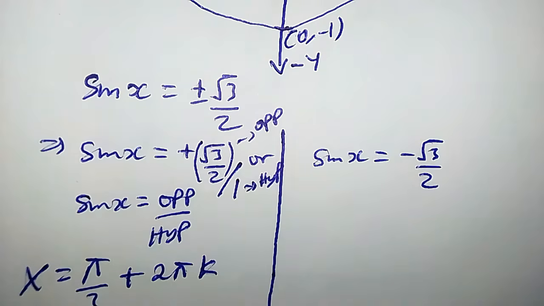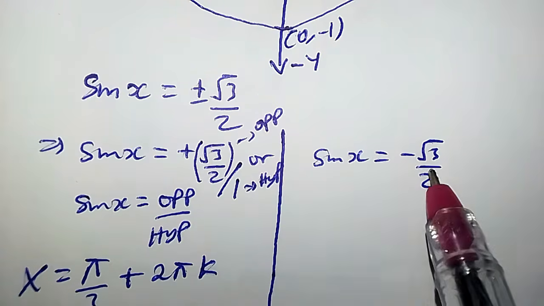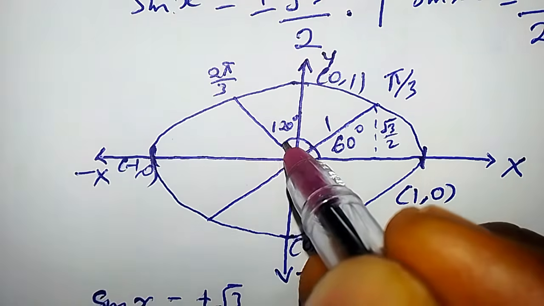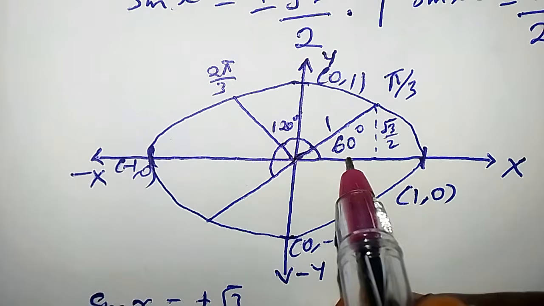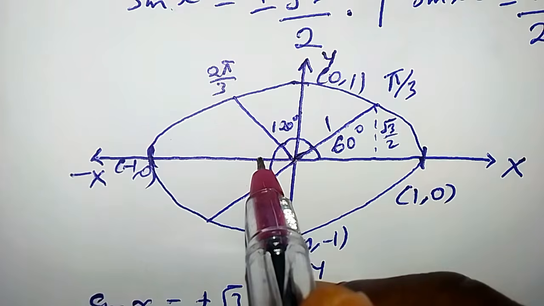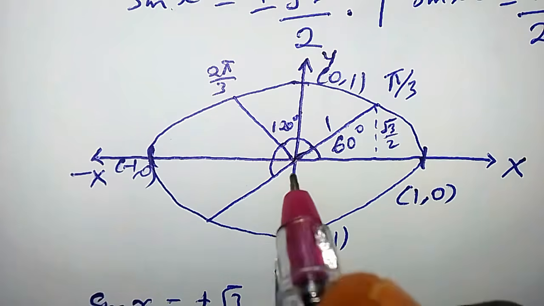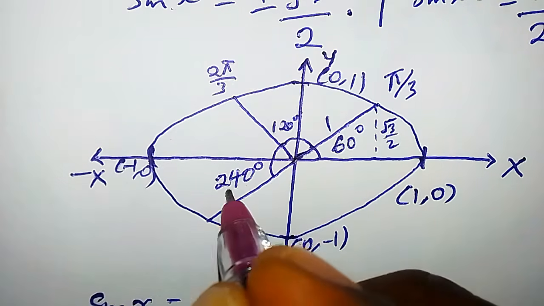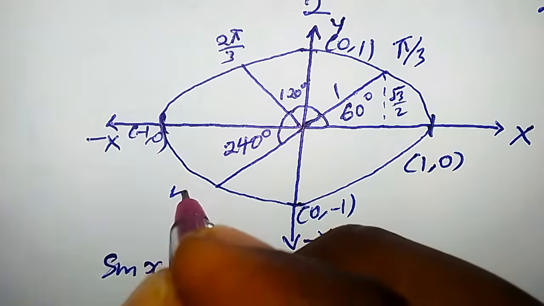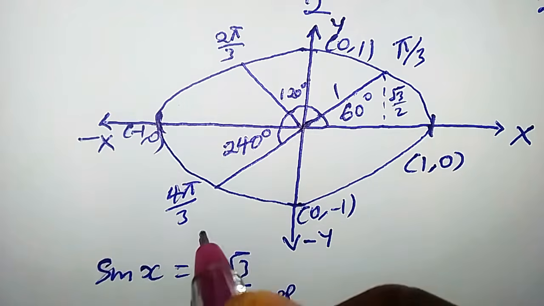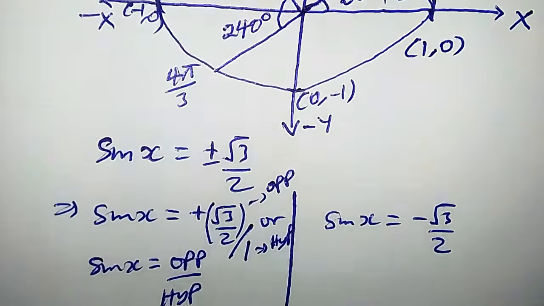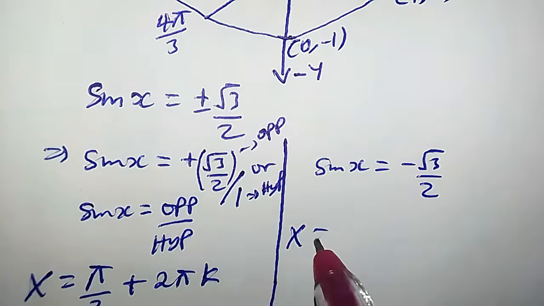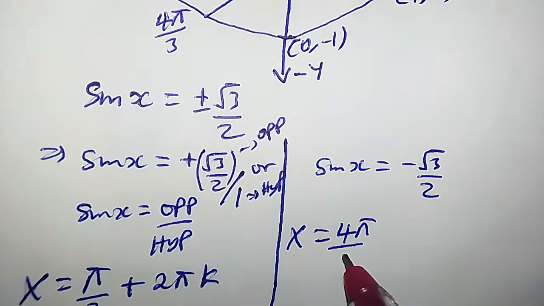Now let us consider when sin x is equal to minus root 3 divided by 2. There will be a line here and another angle. The upper half of this circle is 180 degrees. 180 degrees plus 60 degrees, that is 240 degrees. So this angle is 240 degrees. And what is 240 degrees in radians? That is 4 pi over 3. This is another value of x. So for sin x equals minus root 3 divided by 2, x is equal to 4 pi over 3